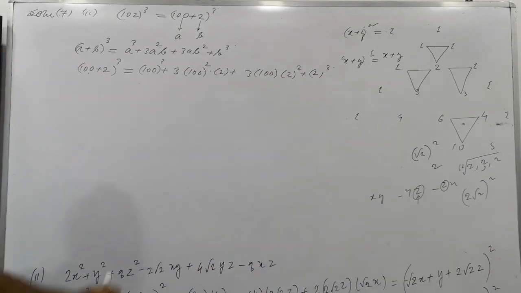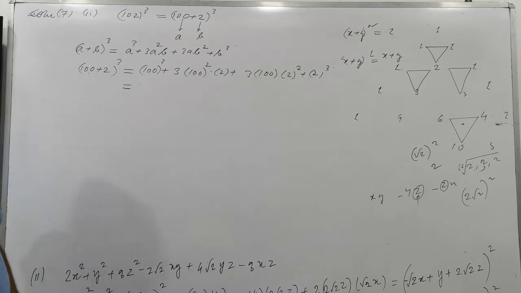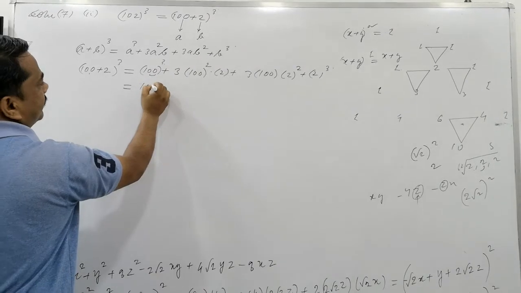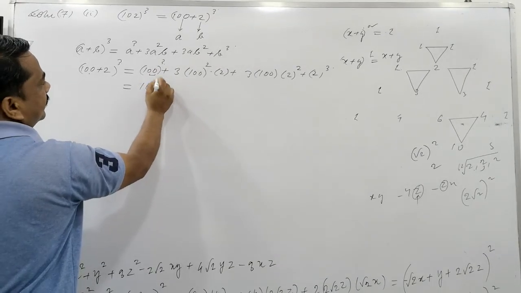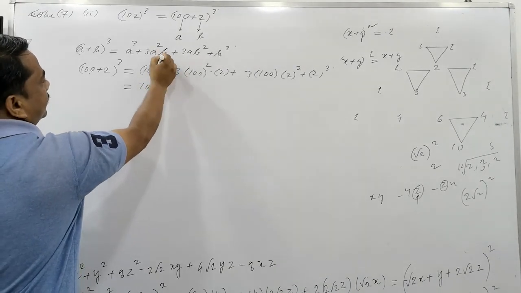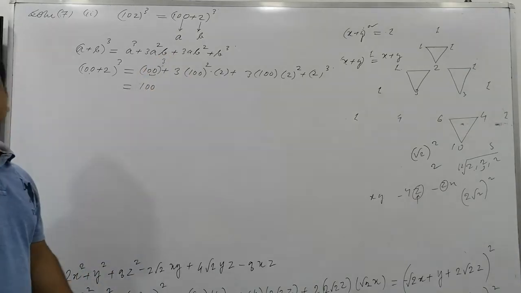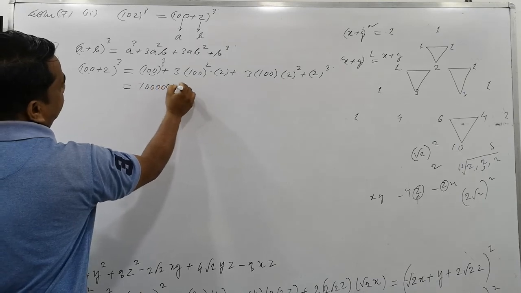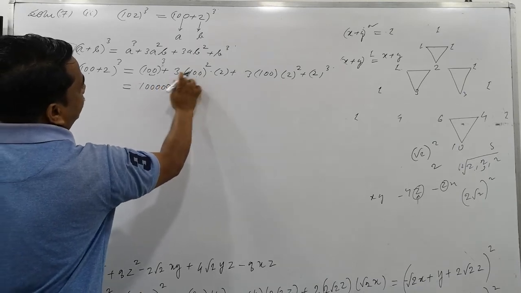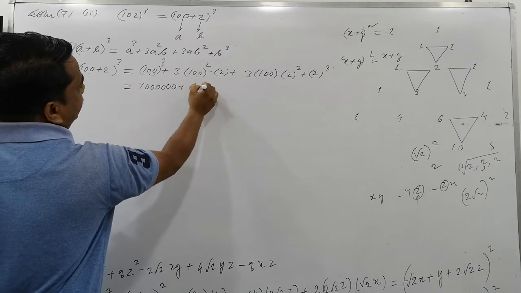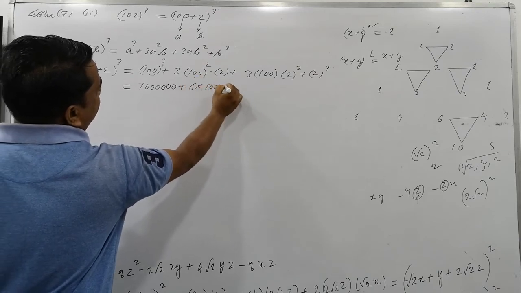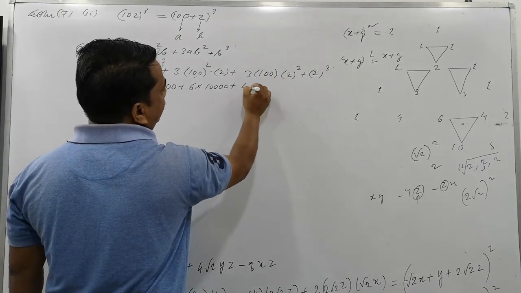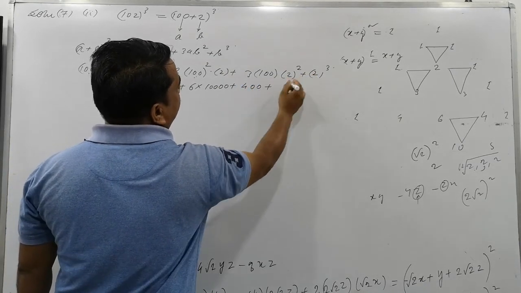Is that clear now? Now can you expand this further? Please go on speaking. 100 cubed has 2 times 0 ... and 3 times will multiply. How many times will come here? 6 times will occur here. In the power, 100 squared has 4 zeros. So here will be 6 zeros: 1, 2, 3, 4, 5, 6. And here 3 twos are 6. And here 1, 2, 3, 4 zeros. Again 2 twos are 4, 3 fours are 12, with 1 and 2. And 2 twos are 4, 4 twos are 8.